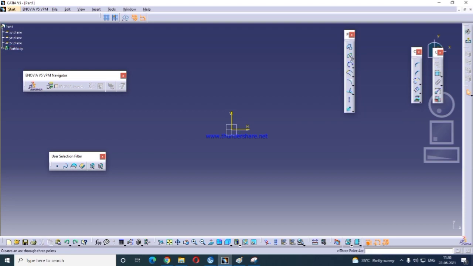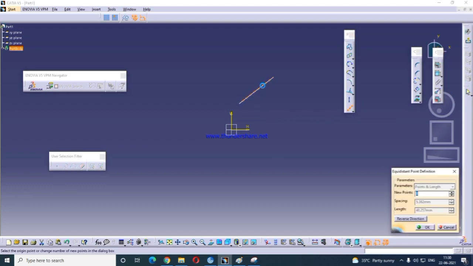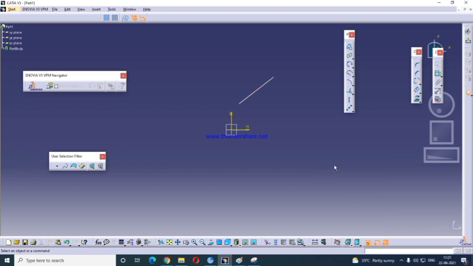Then Equidistant Points. If you have a line like this and you want points on this line at equal distance, like this it will come. You give the number of points, and it will create them automatically. Then Intersection Point.